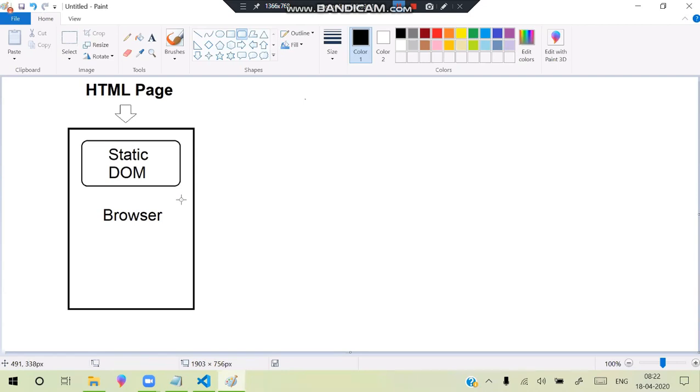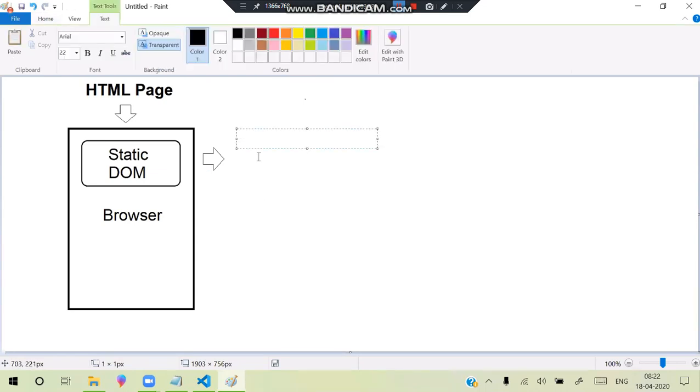The static DOM is loaded on an event called the DOM content loaded event. That means we have an event called DOM content